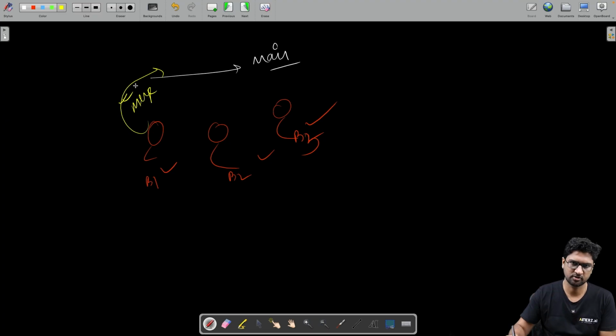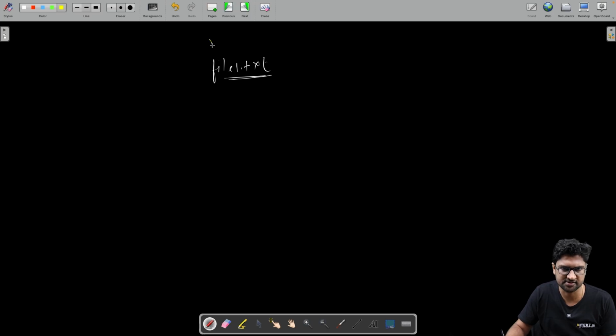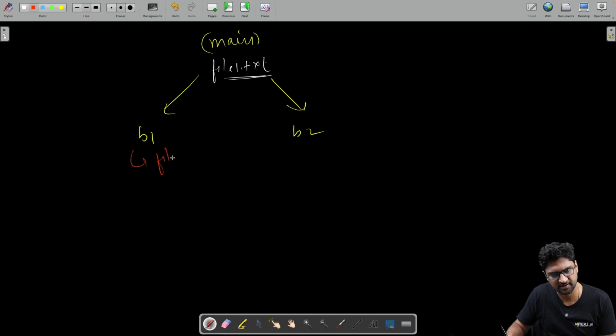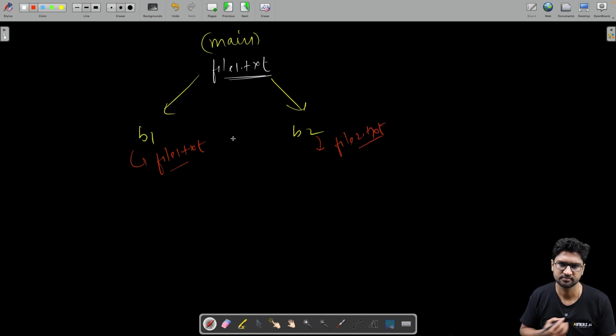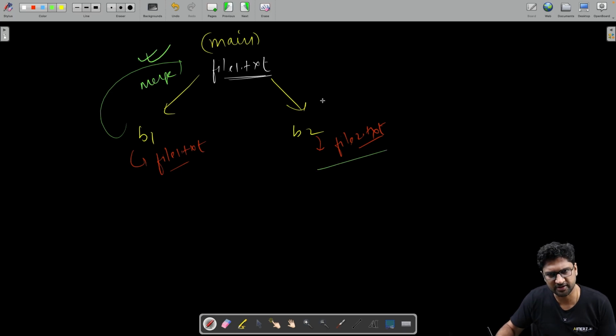And I was telling previously also, let's think of a scenario again. I'll repeat that. Let's say that there's the same file called file1.txt. And at this time, we are in the branch called main. And from the same main branch, let's say that two different branches got created, B1 and B2. B1 has acted on the file called file1.txt, and B2 has also made a change on the same file, the same line of the code. Whoever does the merge first, this works fine. But when B2 tries to do the merge,